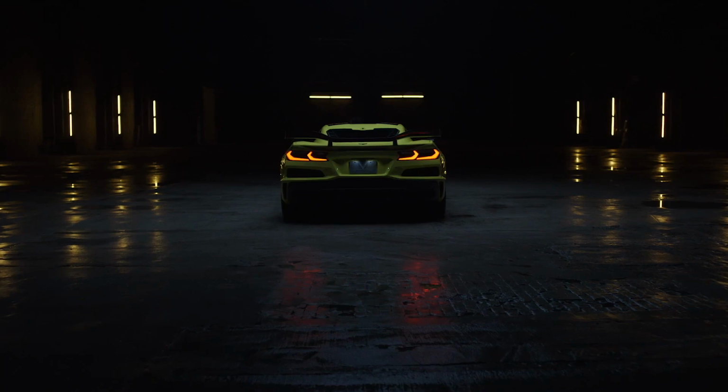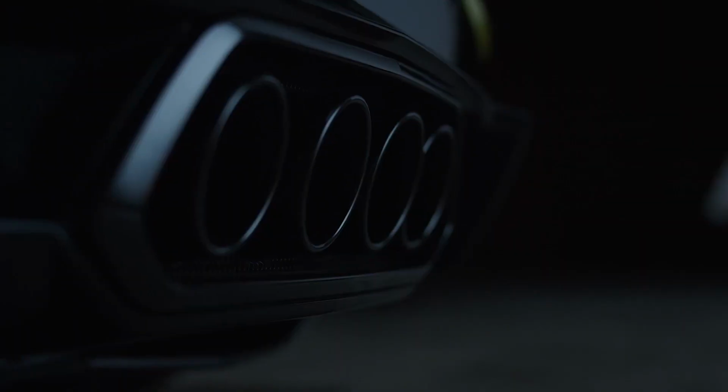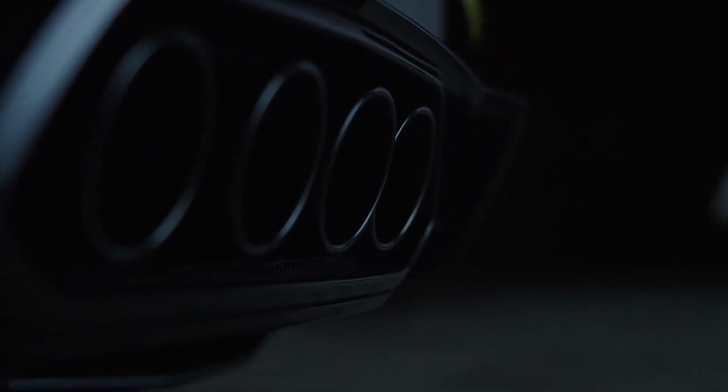You guys know all about the car. You've seen the carbon fiber wheels. You've seen that amazing rear wing, which we've seen in teaser shots over and over and over again. And most importantly, you've seen that center exit exhaust that looks like I just want to go,